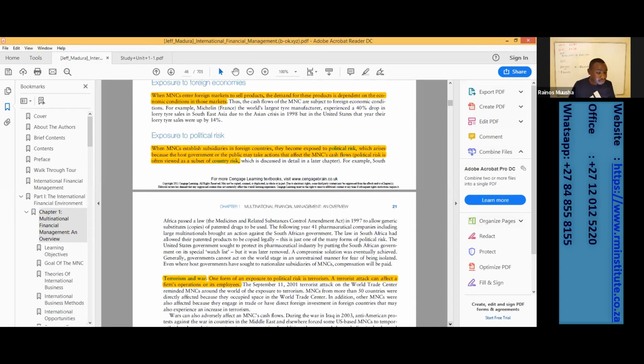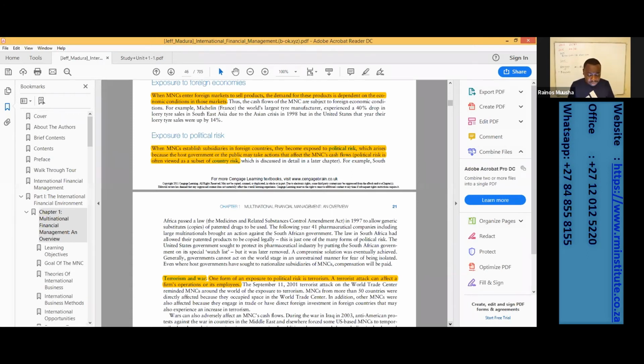Like, for example, if you look at the case of MTN, they also had to take into account exactly what their political risk exposure was before they even invested in a country like Nigeria, where you see that some parts of Nigeria experience stability, and some parts of Nigeria are also negatively affected by the issue of terrorism, where there's the Boko Haram and all those other terrorist